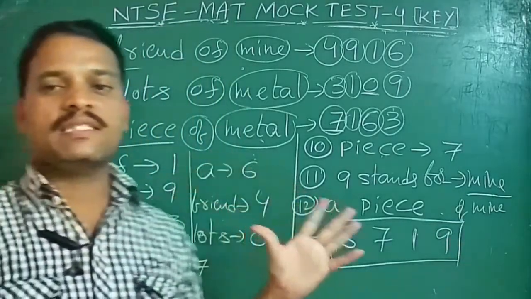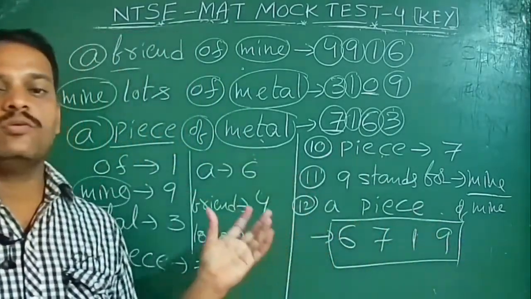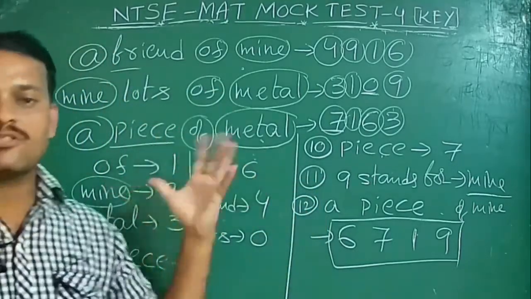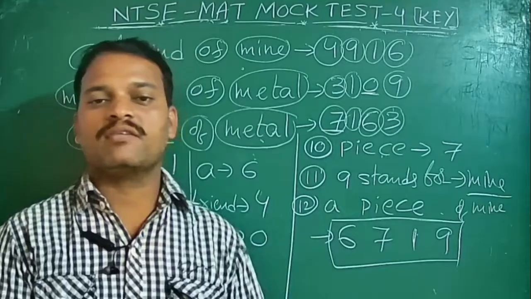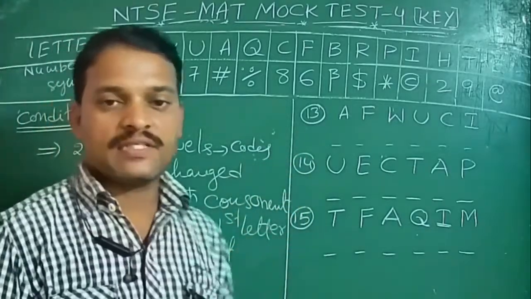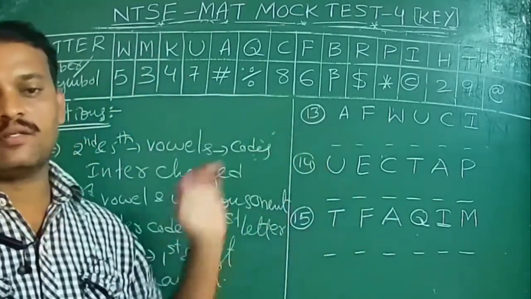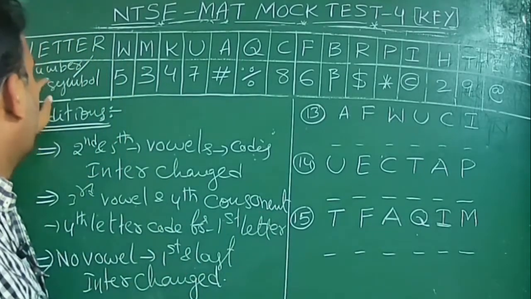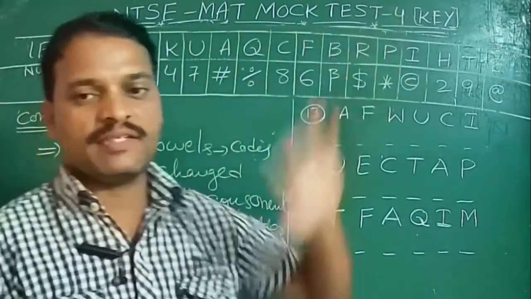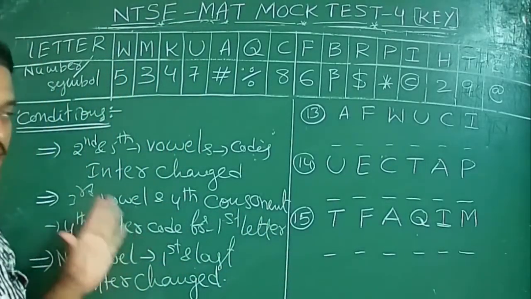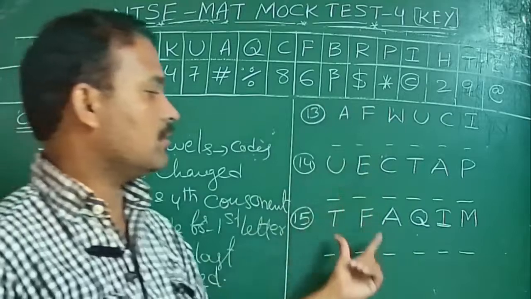Okay. So this is 10 to 12th questions, 3 questions, paragraph solutions. Okay. So next I am going to explain the next 13 to 15 questions, which are in the previous model only. See here, letters and symbols are numbers or codes are given. Using this again 3 conditions are given. Based on the conditions you have to do this.